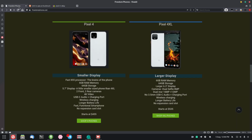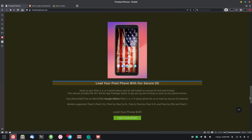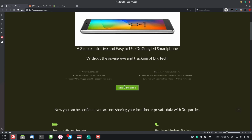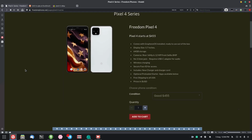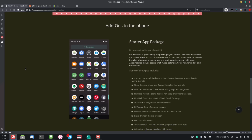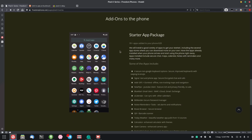Now, you might argue that what you're paying for here is having Graphene OS installed for you, which is true, but I'm not necessarily sure that it's worth that much, and I think that it's relatively easy to install yourself. But once again, I leave the judgment up to you. But here's where things start getting a little bit ridiculous. So if we go over to the shop phones, and if we scroll down, you can see that they're selling add-ons. Starter app package. Now, essentially what they will do is they'll install 30 apps for you, and that will